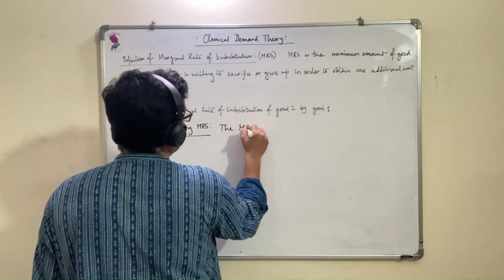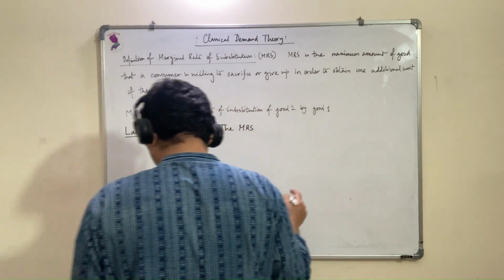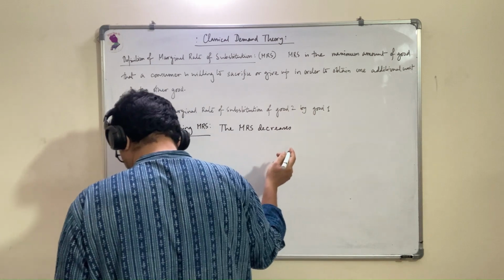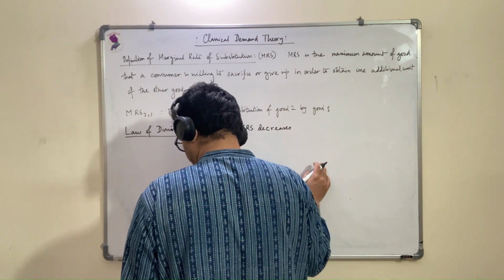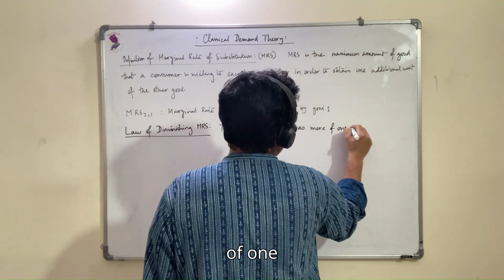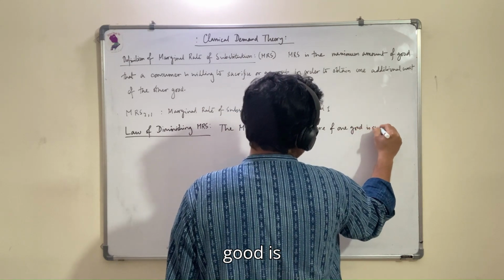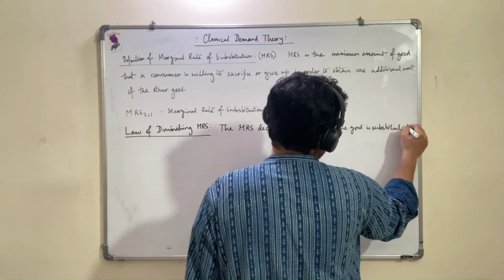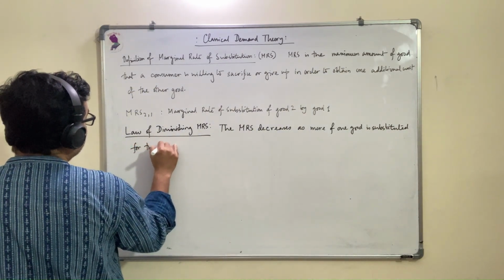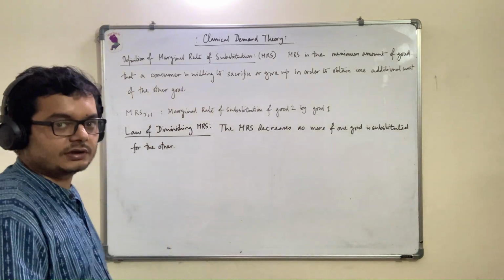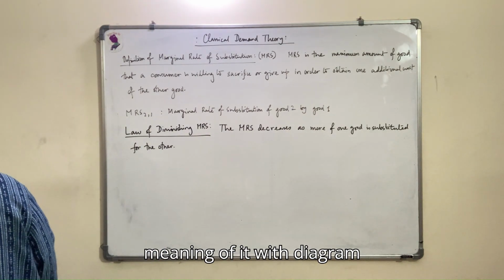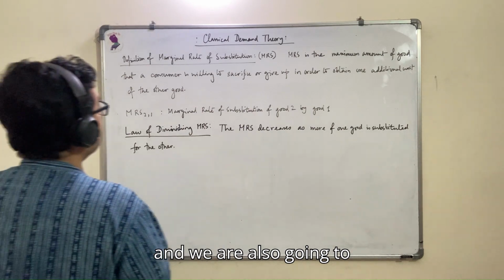So the MRS decreases as more of one good is substituted for the other. Okay, so now we are going to clarify the meaning of it with a diagram, and we are also going to